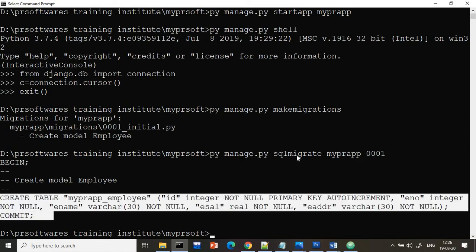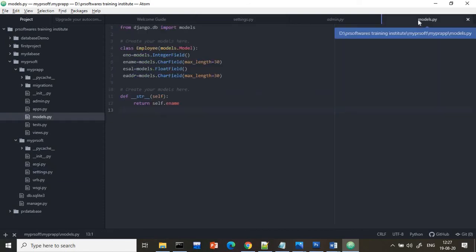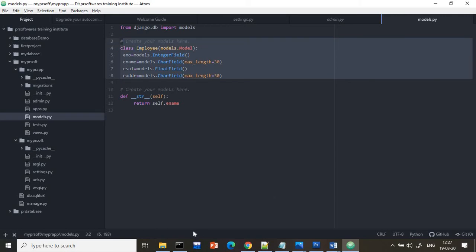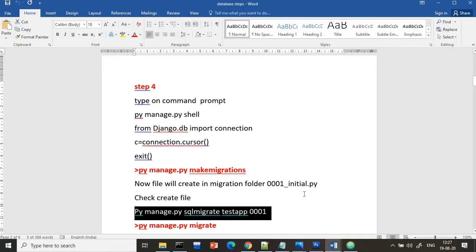Just to show you that we need not write create internally, because you will say, sir, we have written only the Employee class, how does it happen? Will your database understand it this way? No. The database understands whatever SQL query is there, in the same format. Whatever you write here, internally it will write this code, which is nothing but CREATE TABLE myprapp_employee, and these are the fields we have. Internally everything is done here. So like this, the table is created. Up to here, I hope everybody is clear with this.